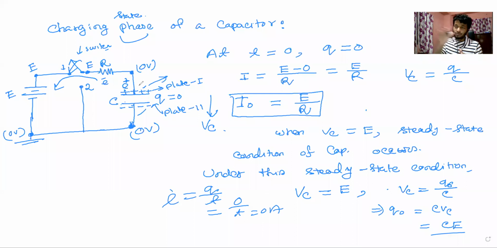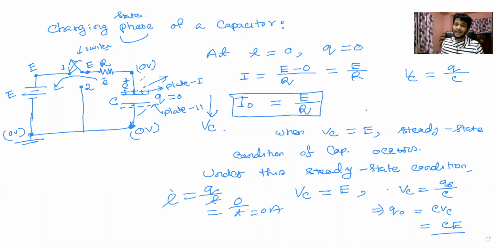We know that current through an open circuit equivalent is 0 ampere, isn't it? So if under steady state condition the current through this capacitor is 0 ampere, then under steady state condition can't we replace the capacitor with an open circuit equivalent? Of course we can. We can say that the capacitor acts like an open circuit under steady state condition.